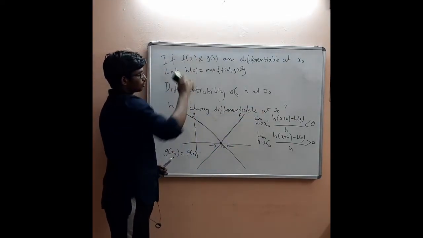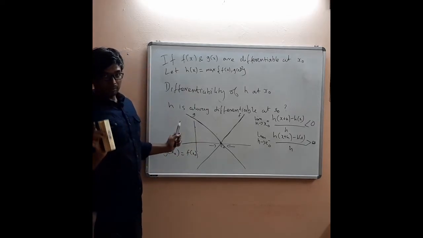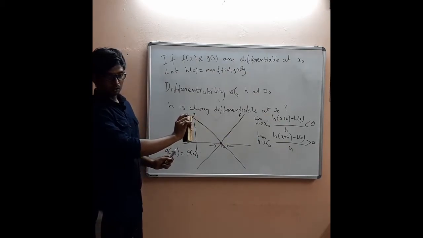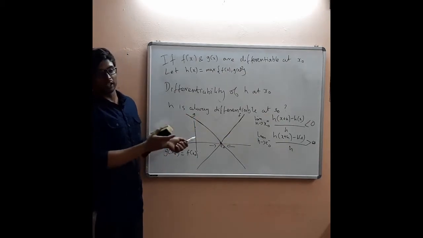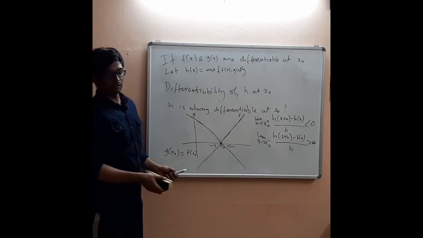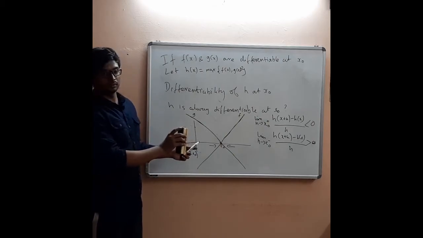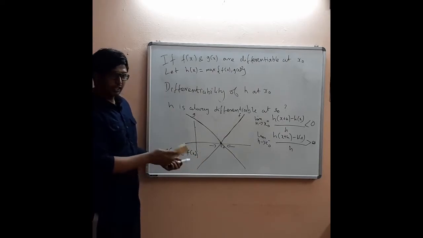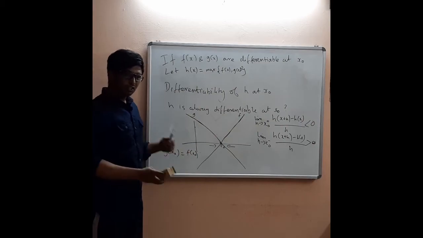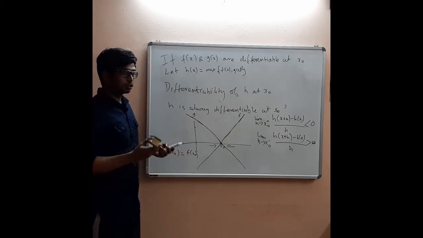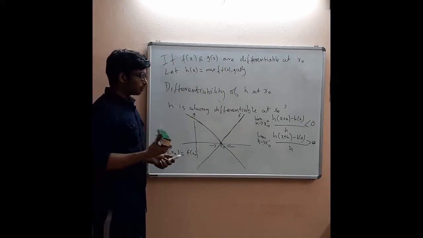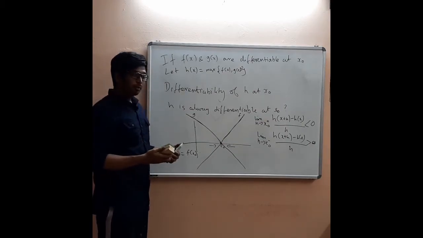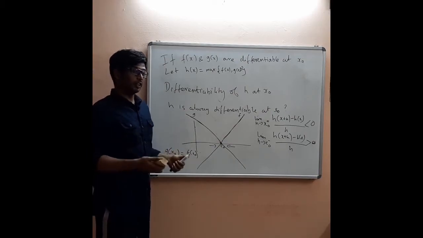Here, you should observe what I am doing. I am doing qualitative reasoning. I am not working with any quantities or calculating any numbers. I am just using my reasoning: less than or greater than, less than 0 or greater than 0, increasing or decreasing. This kind of reasoning is called qualitative reasoning, and this should be encouraged. You should use it more to understand many theorems. This kind of reasoning will be very important to understand the proofs of many theorems.